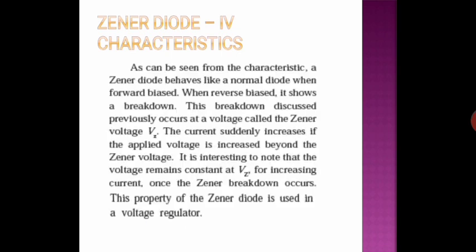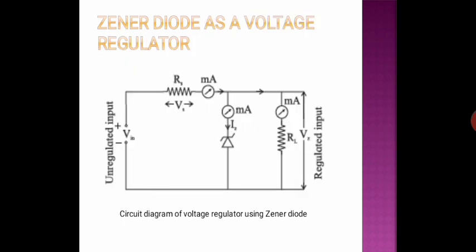Now we study the Zener diode used as a voltage regulator. The circuit is as shown in the figure on the screen. First we study the electric circuit. The circuit for regulating or stabilizing the voltage across the load resistance RL against changes in load current and supply voltage is shown in the figure. The Zener diode is connected in parallel to the load resistance RL such that the current through the Zener diode is from the N region to the P region, that is, in reverse bias. The series resistance R limits the current through the diode below the maximum rated value.